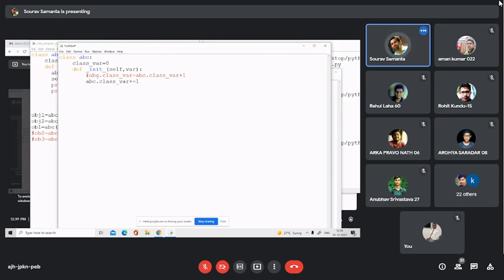The value of the class var will be incremented by 1. Self dot var, this value is coming from this one, which value will be used to initialize, equal to var.